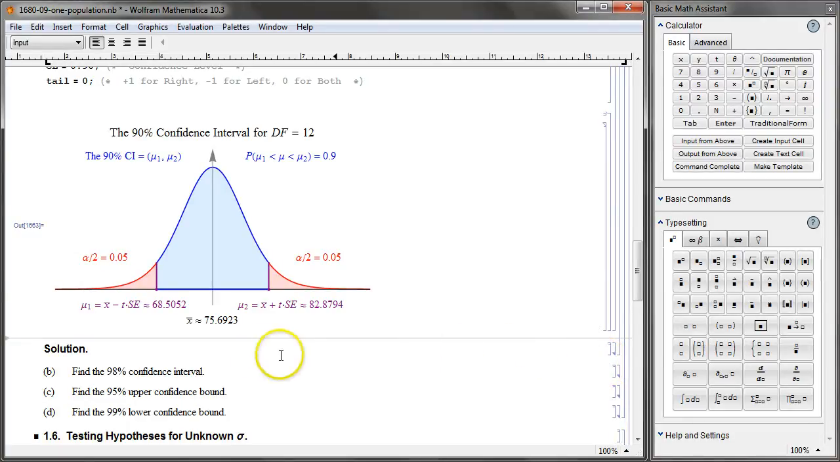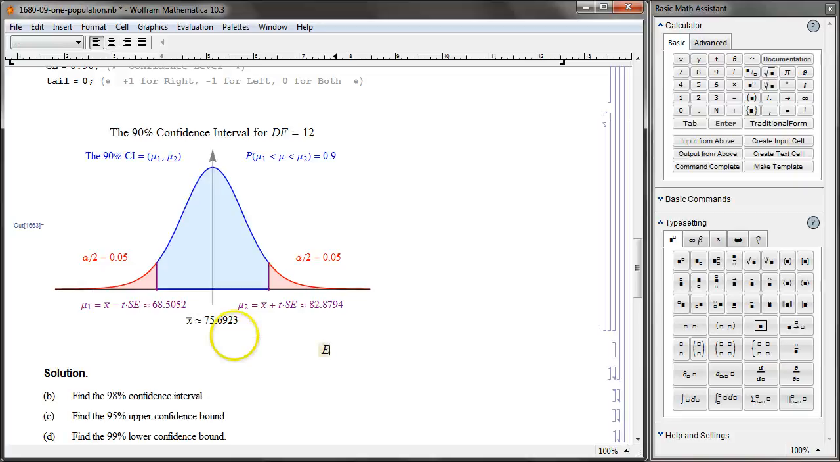The first thing you'll have to do is to check the center. That's going to be the sample mean, 75.6923, with 90% in the middle, 5% here, and 5% to the right. Now what do we do with this? Well, we have to find these endpoints, and I found it a little more convenient to do it with the right-hand side. Basically we want something like this: end minus center